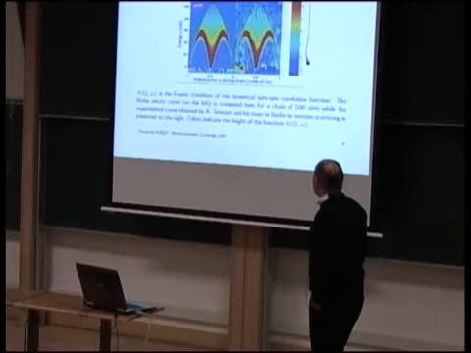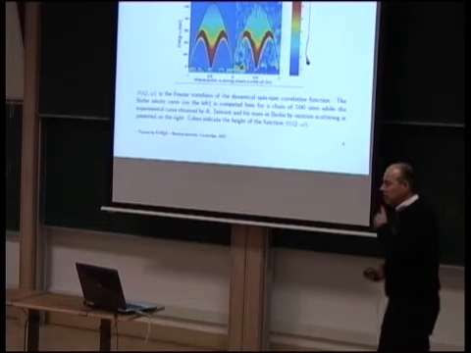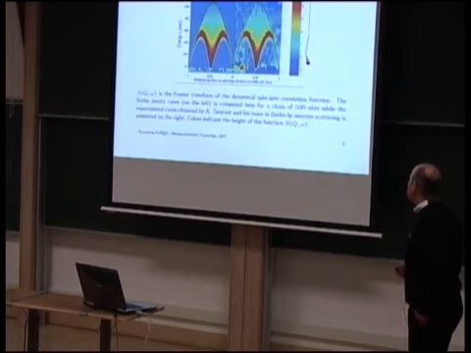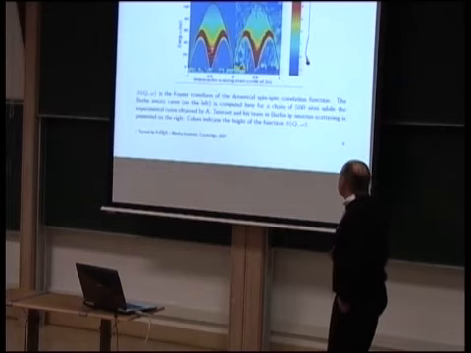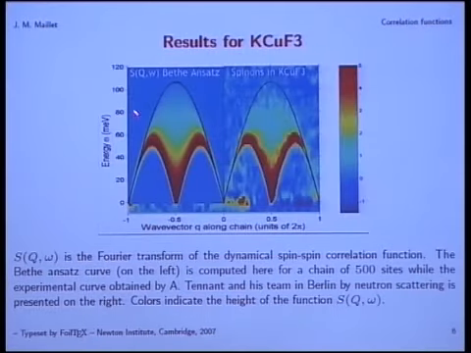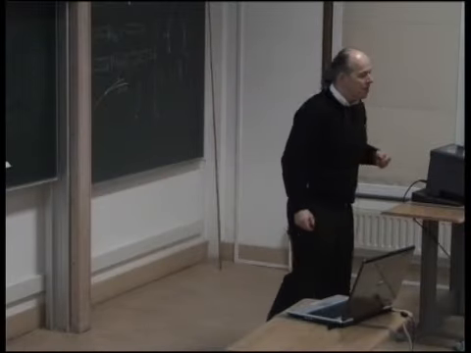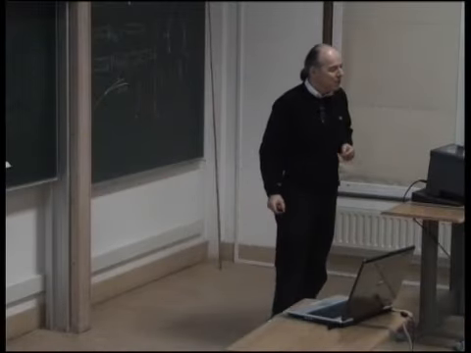So this is what can be computed, and I will describe how it can be computed a bit later in the talk. This is what can be computed from Bethe ansatz techniques. This is what is measured in actual neutron scattering experiments. So of course there is some small discrepancy, but essentially when you look at the data, it agrees up to less than 10% error, which is essentially due to experimental